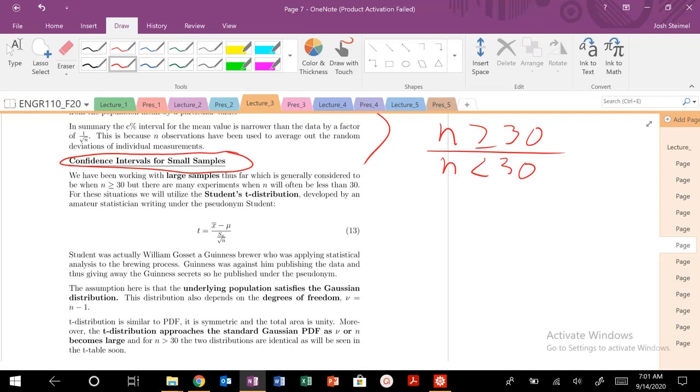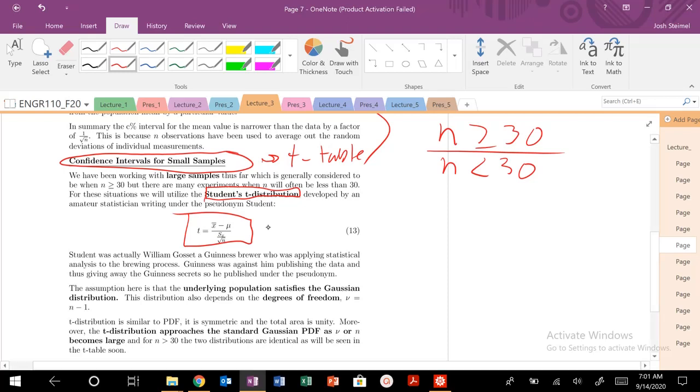Instead, we have to use a different tool, a different distribution that we've discussed previously. We are going to use a t-table, t-test, and the student's t-distribution. So very, very similar, straightforward. We're going to use this expression, which is analogous to our new z expression. And again, now we're dealing with sample means, so samples of sample means. That's what we're going to be working on moving forward. If you have any questions during an exam or problem set or a problem statement, please let me know and I'll be happy to clarify.